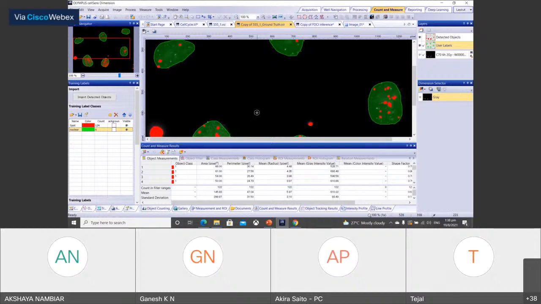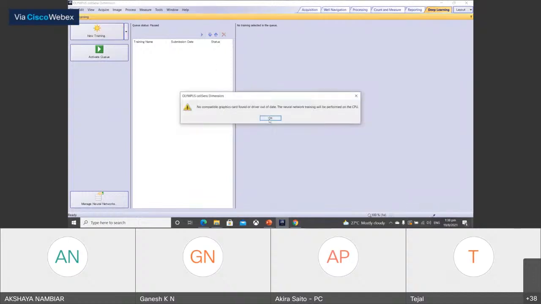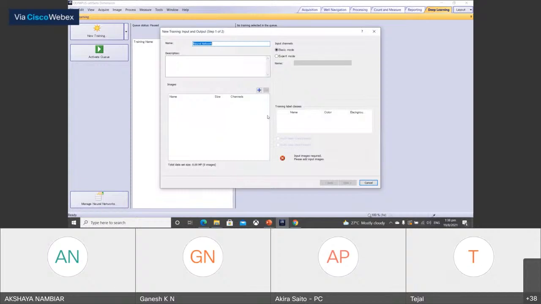So once the labeling is done, we can go to deep learning UI and create a new training.